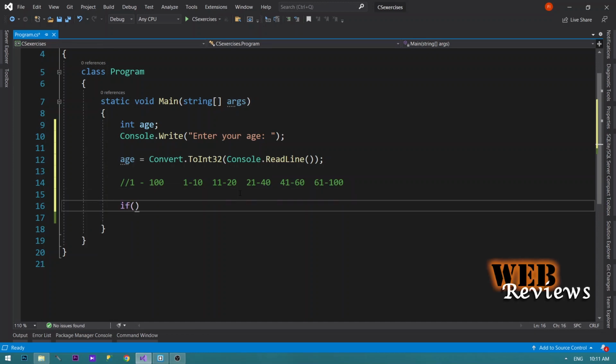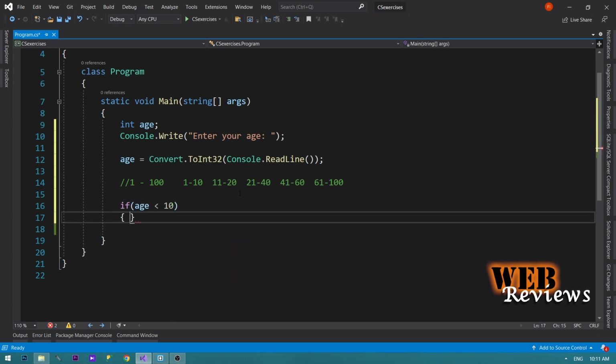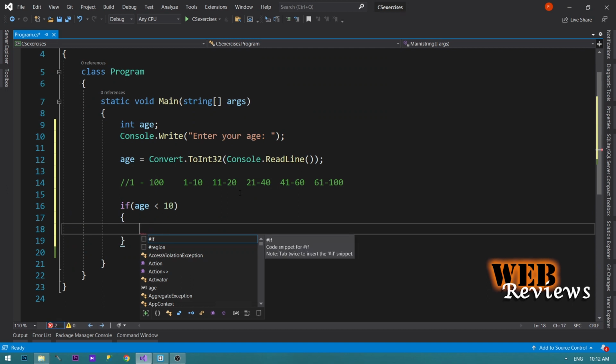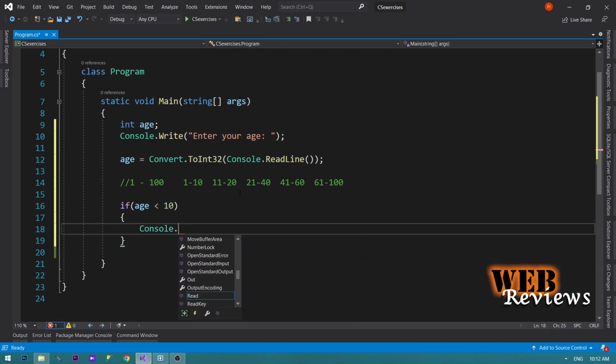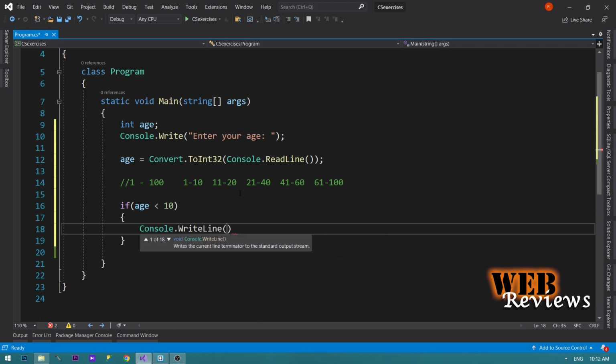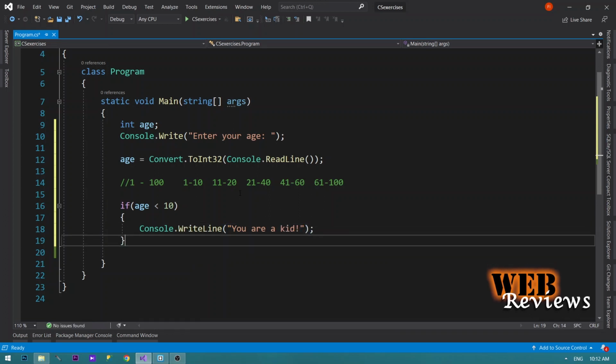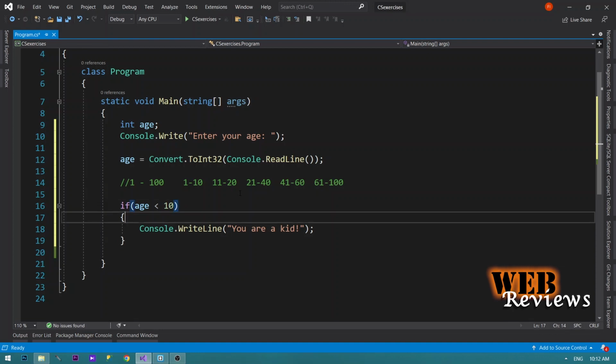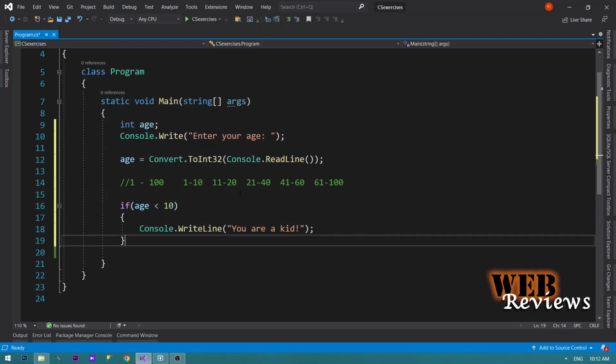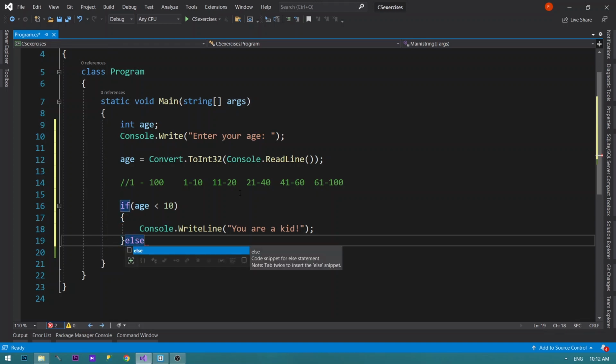We say if age is smaller than 10, then Console.WriteLine, you are a kid. Okay. So we consider if the user is under 10, and what if the user is not under 10? Then the program will finish without any result on the screen. So we say that else